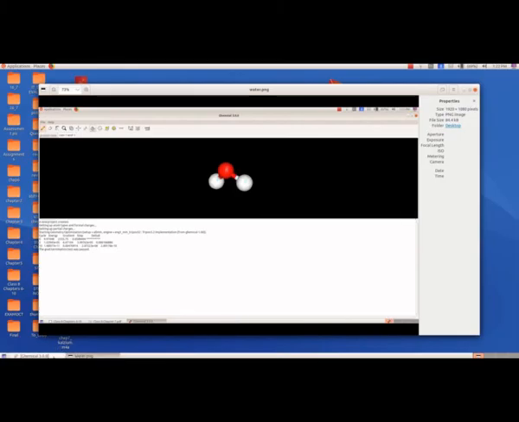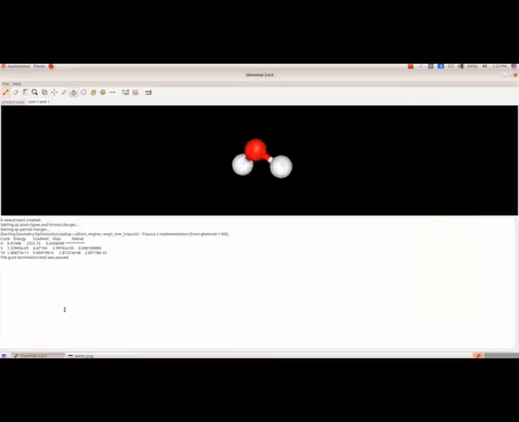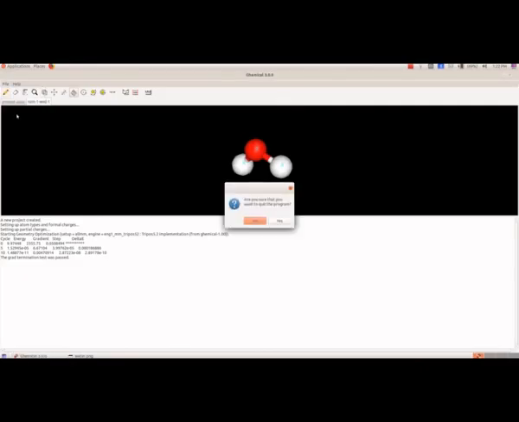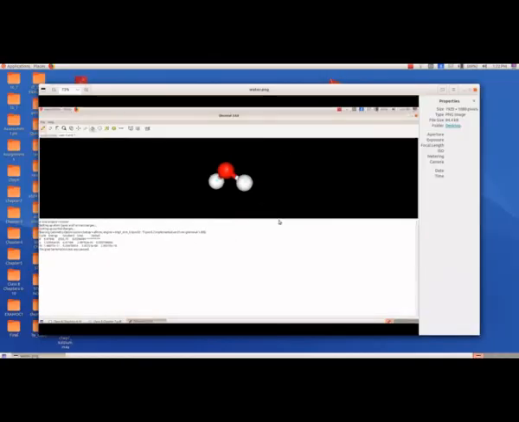So this is how you will save. To exit from Chemical, from file, we have to close. Then in this window, we have to give S.